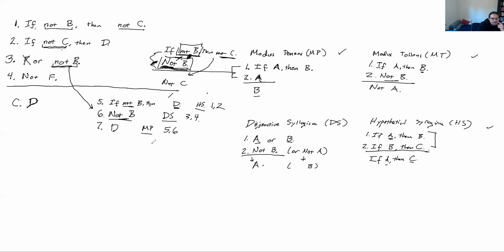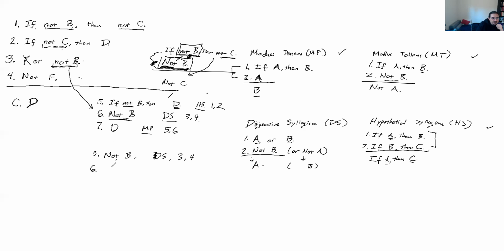Okay. Now let's look at the alternative solution. And you'll see what I mean, they're very similar, just a variation on it. But for line 5, we could have started with disjunctive syllogism, right? So that would be the same thing. Lines 3 and 4, disjunctive syllogism, that gives us not B. So we're saying which lines it comes from. Line 6,